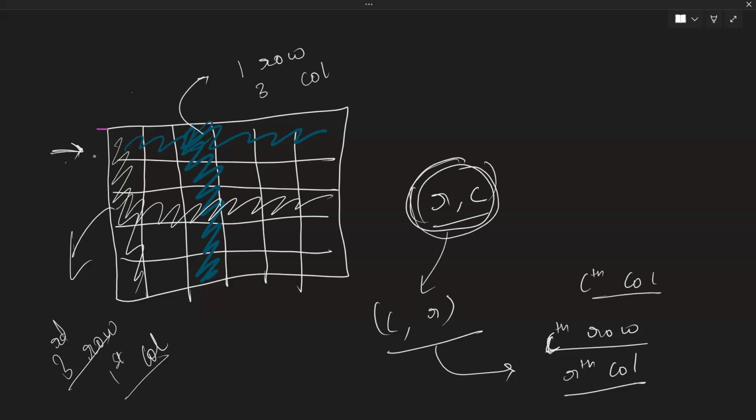If there's a rook at Rth column, and why is there a rook at Rth column? Because we are assuming that this is an invalid move. So if there is a rook at Rth column, it would mean that there was a rook at Rth row also, because moves are just being mirrored. So if there is a rook at Rth row, this is not a valid move. So it just turns out that if we are making a valid move, the computer will also make a valid move. Going further,